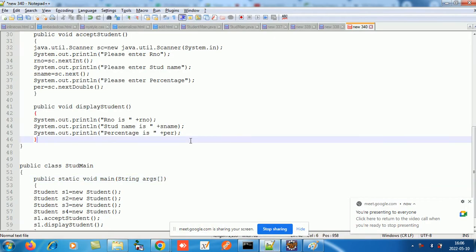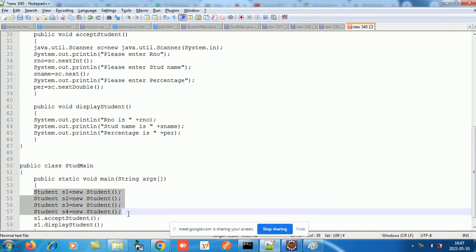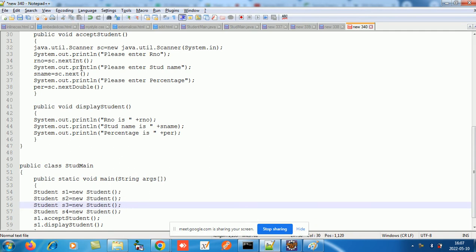Now you have got to understand the concept over here, Krish. How many objects do we have over here? So we have four. And how many times have we written the accept student method? Once. So all these four objects will invoke the same method,